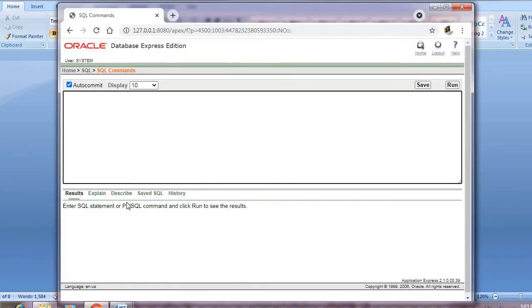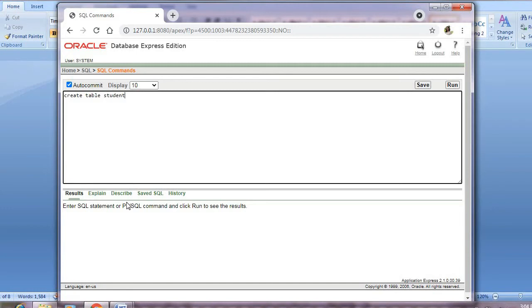So the first table, as I have shown you, was the student table. So you have to create a table student. To create a table student, I'll make use of the create command. So I'll just type create and then table. This is the command I'll be using to create the table. Create table. Then I have to give the name of the table. What was the name of the table? It was student.